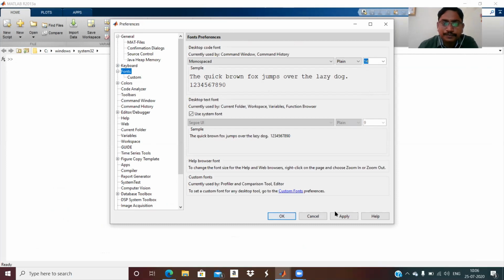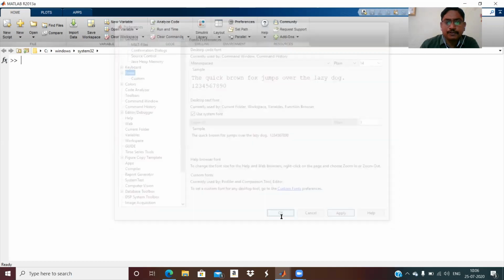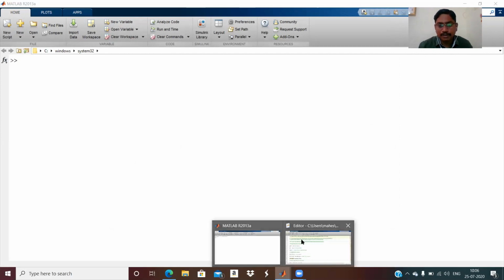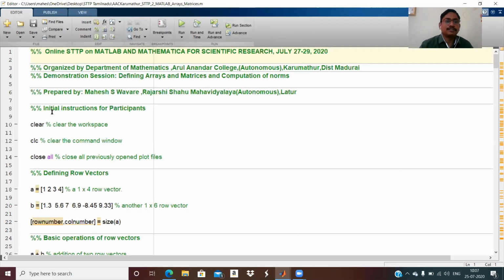You can also change the current folder, workspace, variable and functions here. Okay, I'm applying this. Now I think you can visualize it. Now I have to see the MATLAB editor also. Okay, fonts are changed.